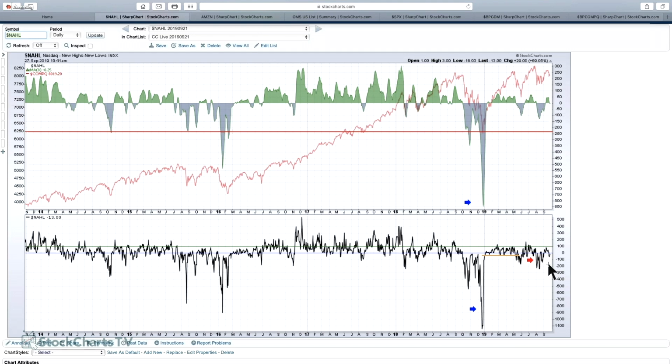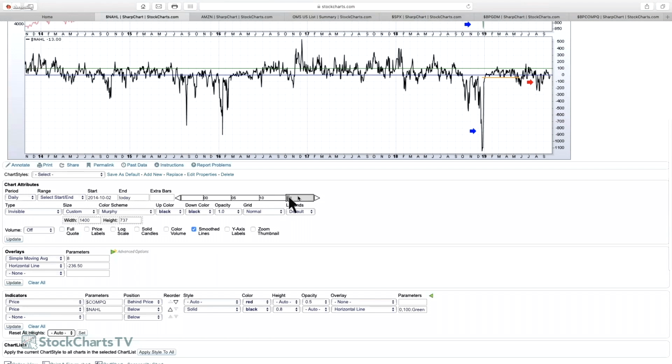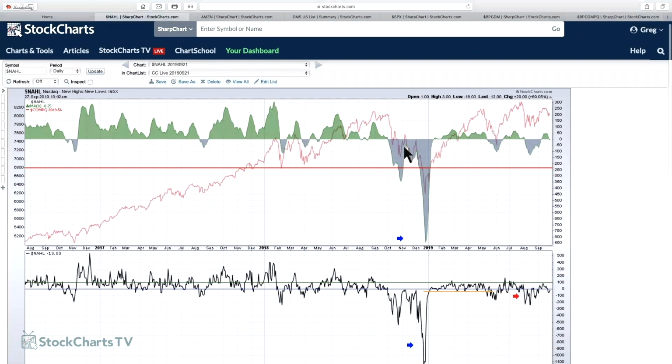One of the concerns I have is this last hump up here. Using the same idea, in this case I've got an 8-period moving average. You can see that we continue to have deceleration, and I'll zoom in a bit so you can see that. We continue to have this decelerating, where there are less and less stocks making new highs as we make these tops. And this red line is the NASDAQ composite. So what we see here is kind of a topping structure. Now we've got a trend line underneath it. If it starts to break down, as technicians we'd be a little more fearful. Fundamental investors would just say, we're still near the highs.